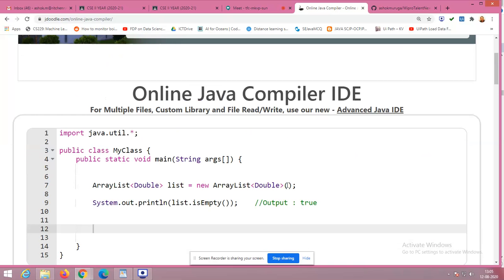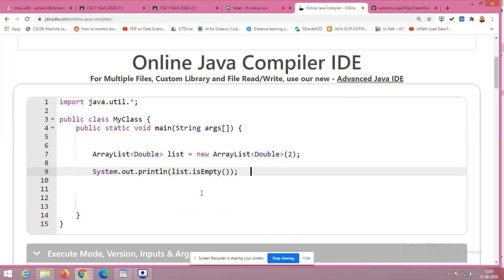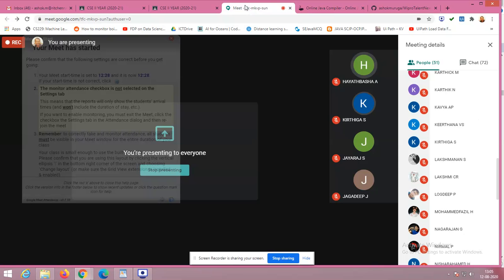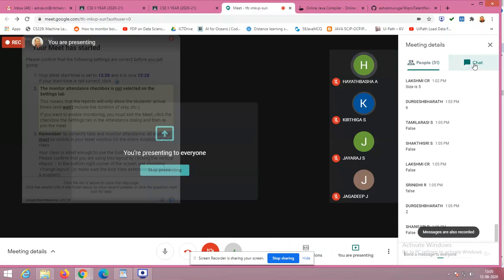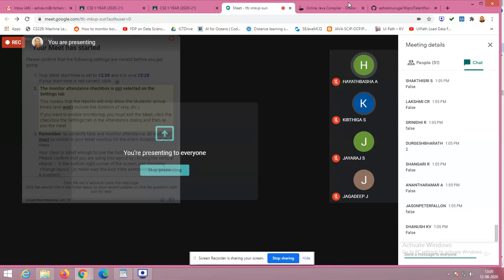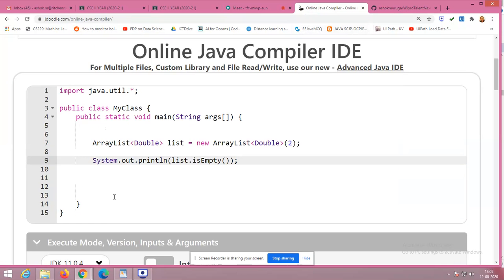For example, I am going to change here. What is the value I will get? What is the output I will get? Any one of you? Even you can type in the chat. I found you are interacting very well. Even if you're not opening the mic, you are chatting in the box. That's good. Yes, false. False would be the output. Any other answers apart from this? I'll get answers either true or false, right? Apart from that, I don't get any output. I'm getting all false, right? Why won't true come here?